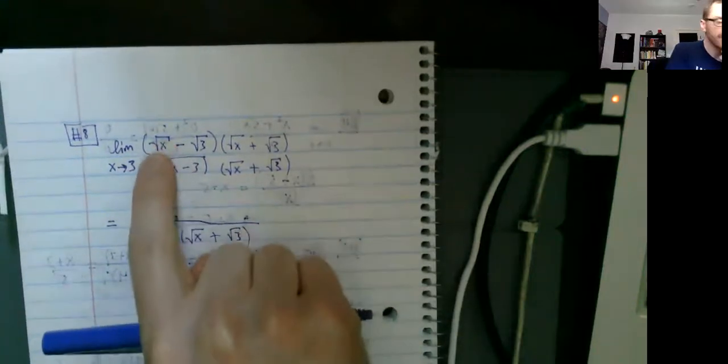And then in the numerator, let's see. The numerator I'm actually going to multiply out. So root x times root x is just x, right? Root x times root 3, there's a few different ways of writing it. You could write it as root x times root 3, or root 3 times root x, or you could put both the x and the 3 underneath the square root. It doesn't actually matter because this term is going to disappear anyway,